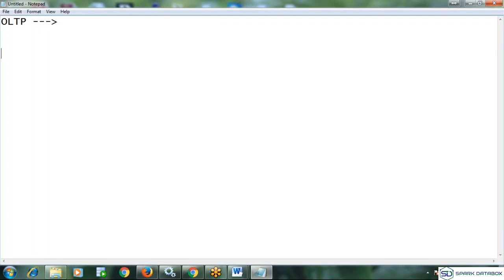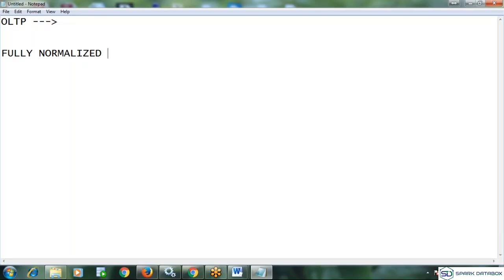So what is the nature of your OLTP? This OLTP is a completely, fully normalized architecture. We know that different normalization forms are there.